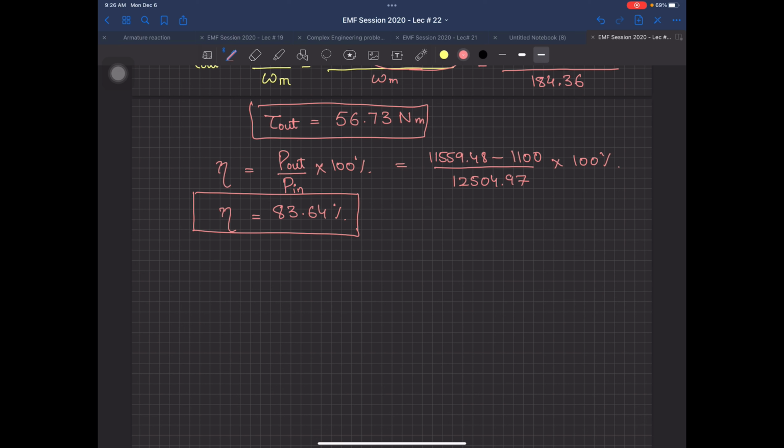How much time did I take? In approximately 10 or I guess 15 minutes I have done this long numerical. So please practice this one, and in the exam don't say that this numerical was so big and I could not do it in the exam. If you're not going to practice, you can't do this. This is just one type of numerical. I've done it for you with some little changes. Almost all the numericals are related or think like this. Okay? So this is your lecture number 20.